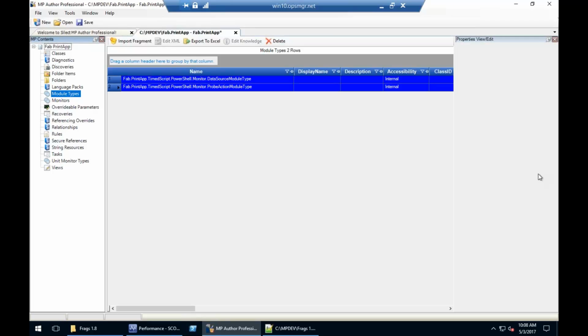So, okay, when creating custom data sources and monitor types, on which one can create unit monitors, should the fragment contain the data source and monitor type as well, or a different library? Man, that's a great question. It's an advanced authoring concept. It's something that bothers me greatly about fragments in general,